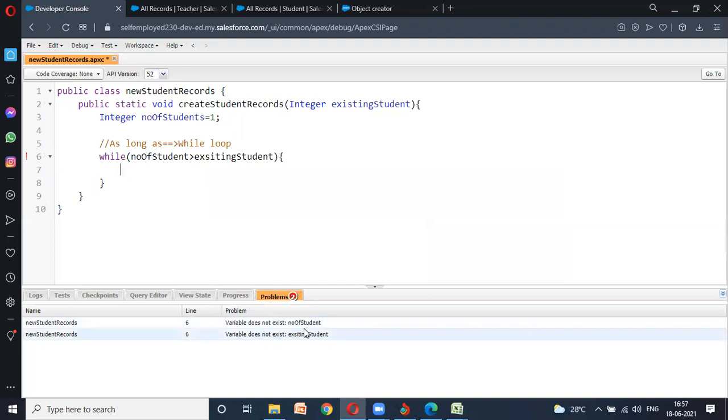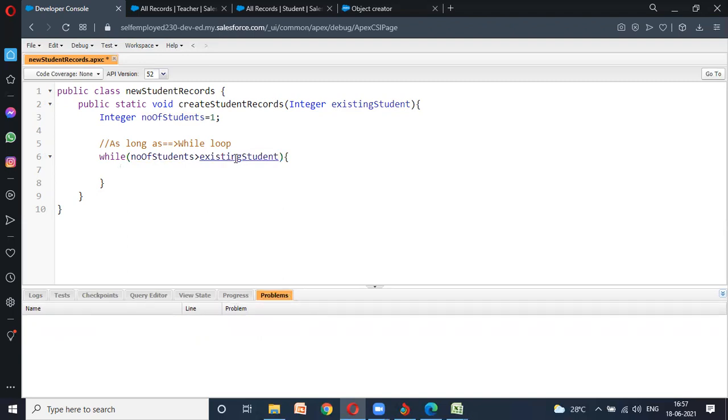Variable does not exist. Okay, as I gave the same name, let me check. Similarly for this, no. Okay, first thing is done.